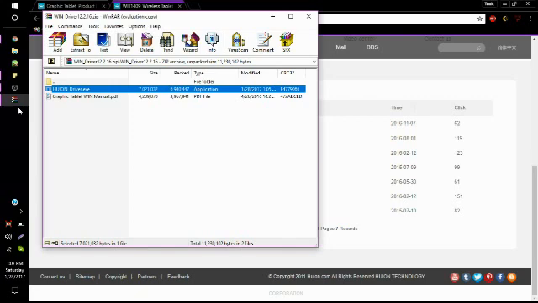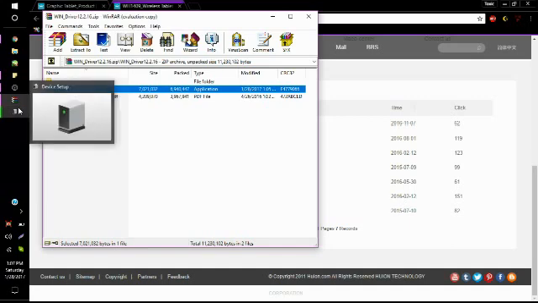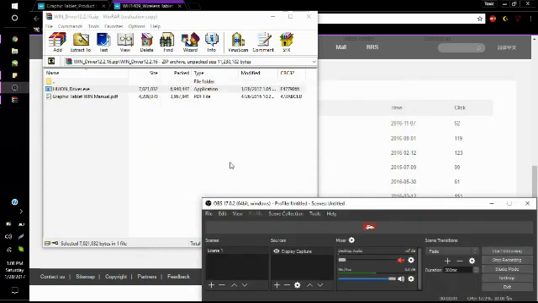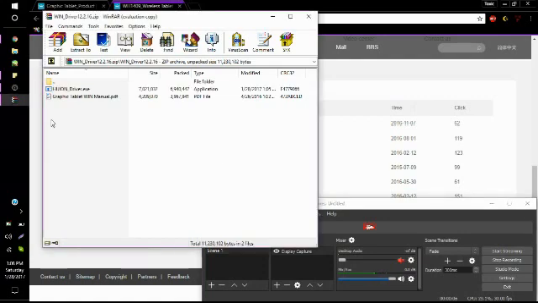And the thing too, I forgot to mention, when you get a new tablet, you never want to plug in your tablet before you do everything else. You want to install your drivers before you plug in your tablet. Because if you plug in your tablet, Windows will say, we're going to install your device, and everything else, and then it will crash. So if you plug in your tablet before you install your drivers, it will clash with your drivers, and then it won't work. So once you install everything,